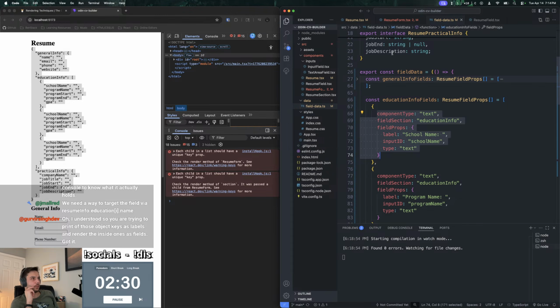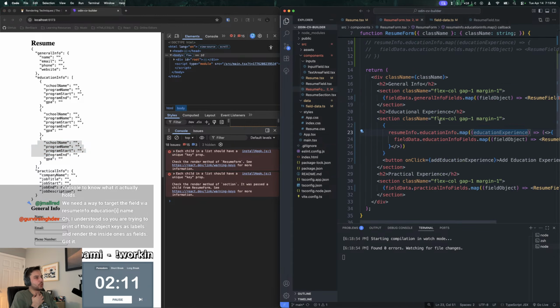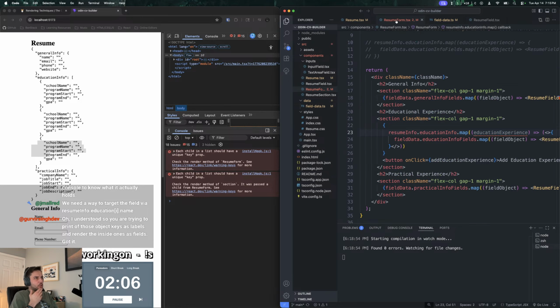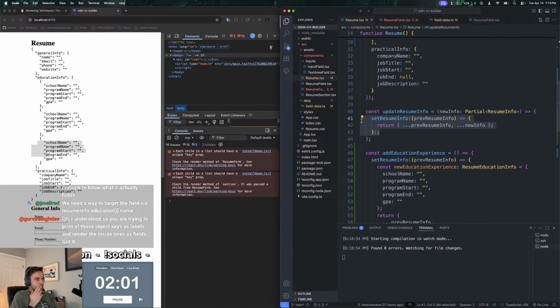This is just a printout of that resume info state. But I'm wondering whether within the fields we store a key or something, right? It's like 0, 1, 2, and then that way the fields would know which key to update. The other thing too is I wonder if, for this update resume info, whether we look at